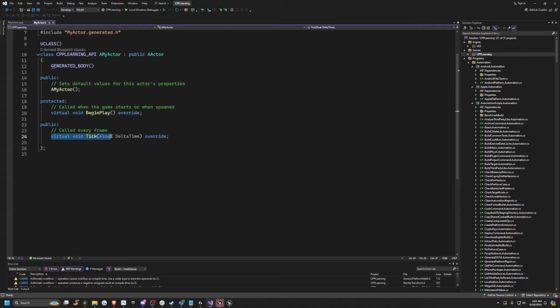And finally, we have this virtual void Tick(float DeltaTime) override. So this function runs over and over again, many times per second. It's like a loop that keeps checking or updating things. You can use it to do things like keep moving the character forward or check if the player pressed a button. Now let's go over our